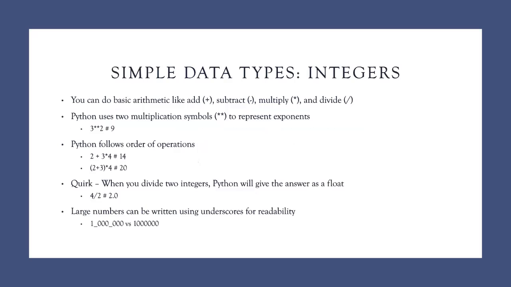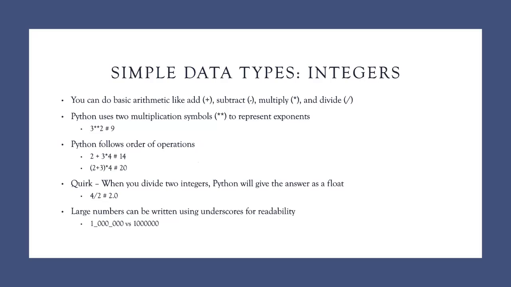Starting with integers, integers can do basic arithmetic like addition, subtraction, multiplication, and division. And Python uses two multiplication symbols, or two asterisks, to represent exponents. So 3 asterisk asterisk 2 is going to output 9. Python follows the order of operations just like your regular math classes have taught you. So 2 plus 3 times 4 is going to output 14, whereas parentheses 2 plus 3 times 4 is going